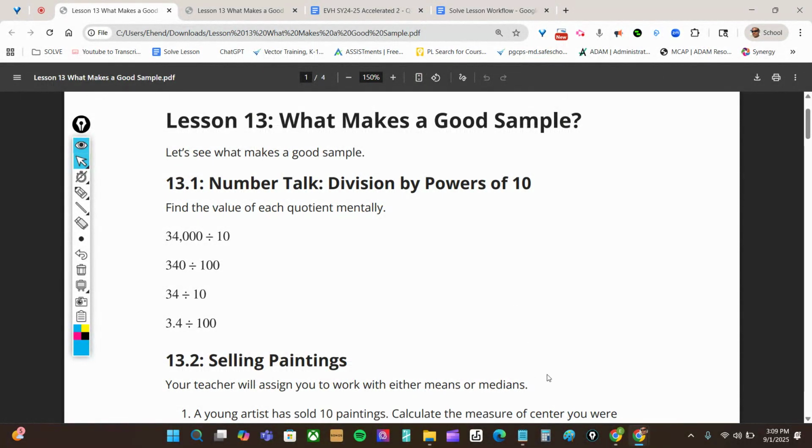Yo, welcome back. We are in probability lesson 13. What makes a good sample? Warm up questions are